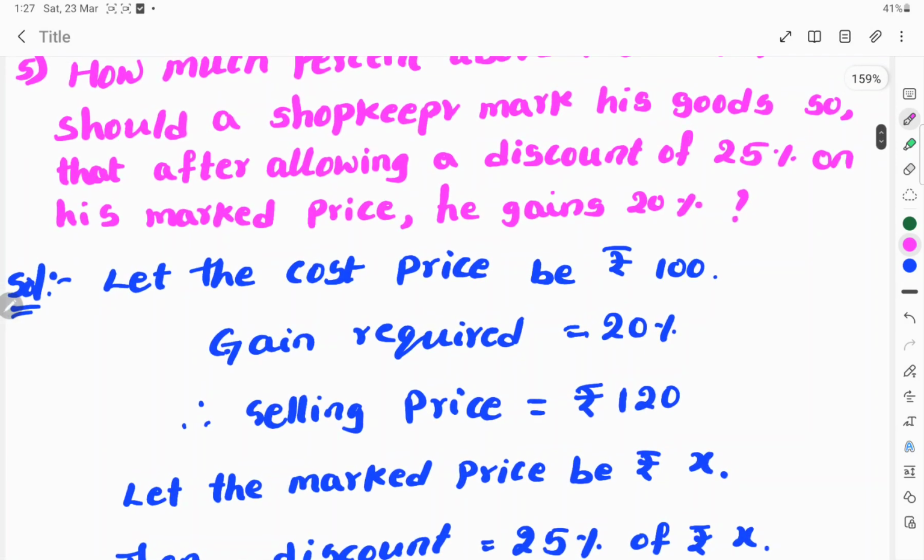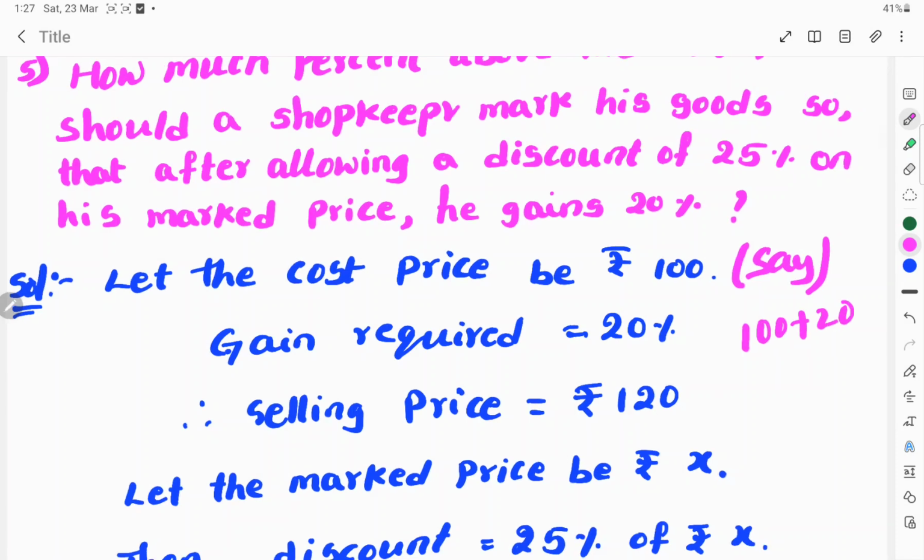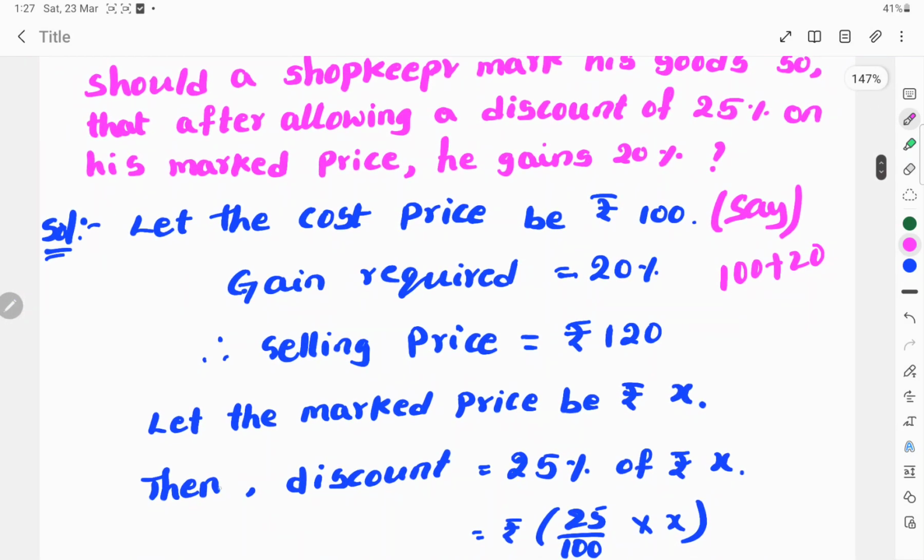Let the cost price be 100. Gain required is 20%, so selling price is 100 plus 20, which is 120 rupees. Let the market price be X. Then the discount is